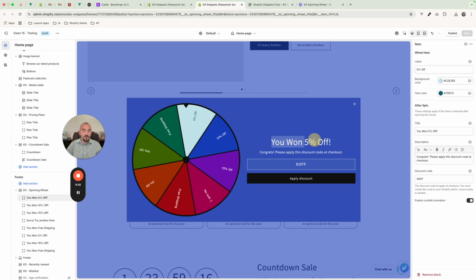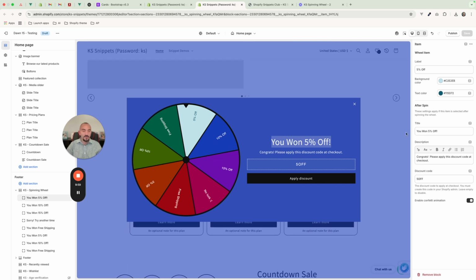And we have here the title. In fact, we were lucky to select the first item on the spin. So here we are checking that out. So here is the title, and here is the description, and then you have the discount code here that either I can copy or I can click this button here and it will automatically apply the discount code for the customer. And you have here this enable confetti animation that happens after the